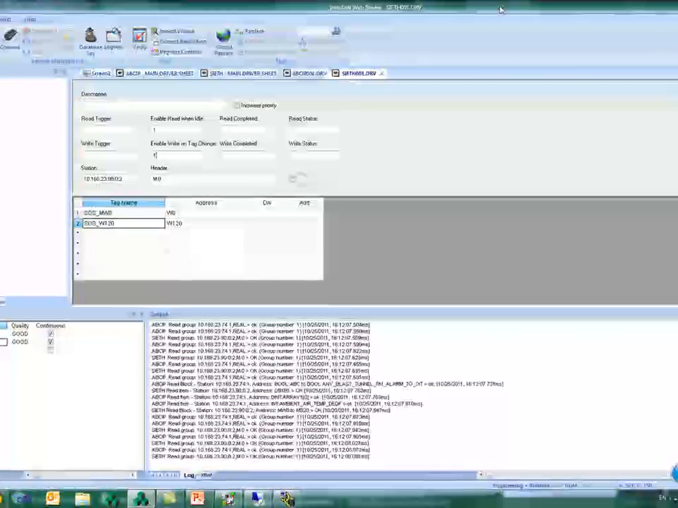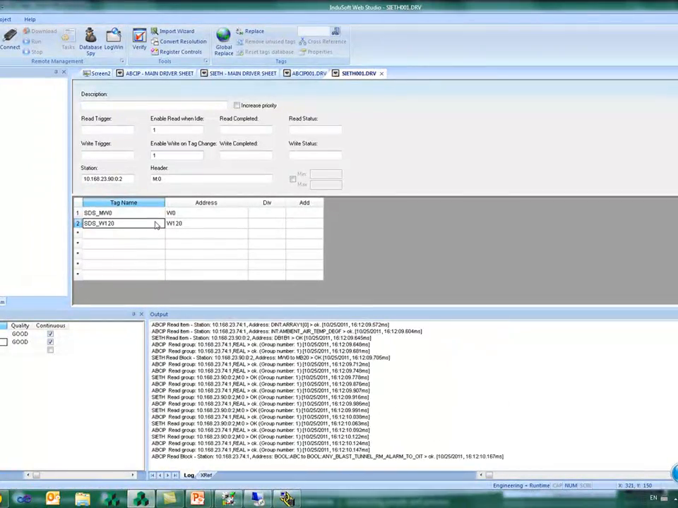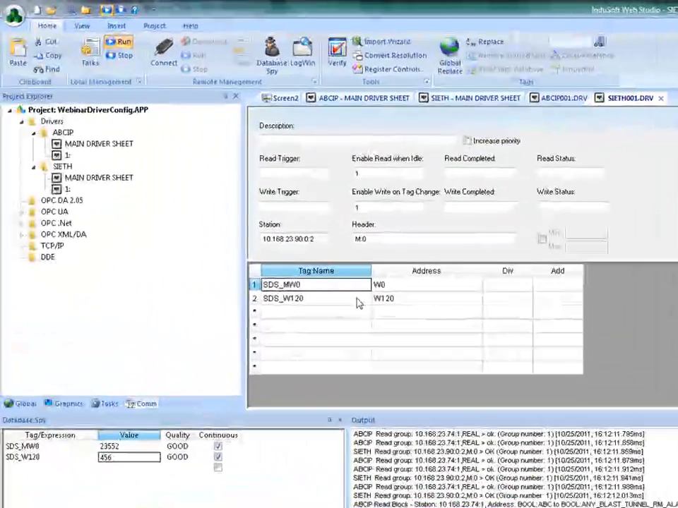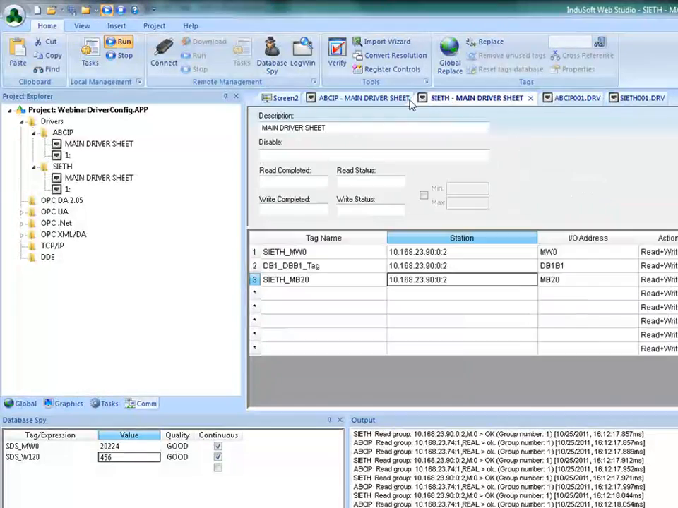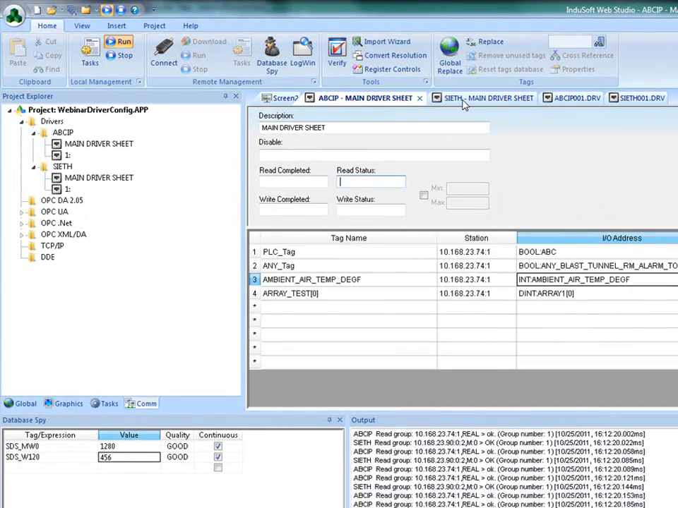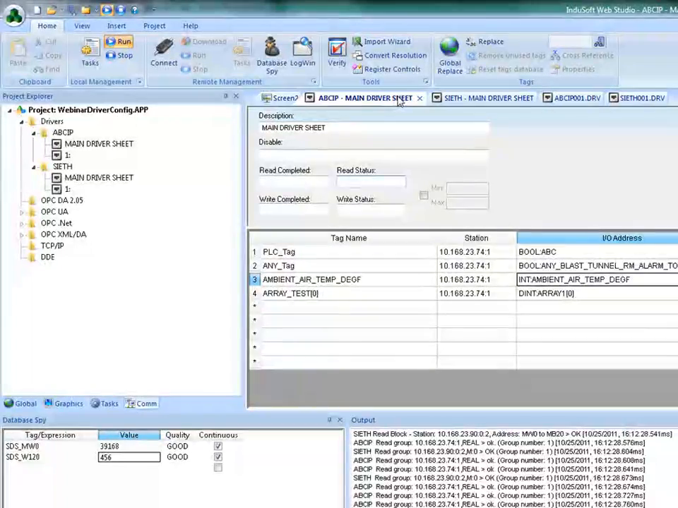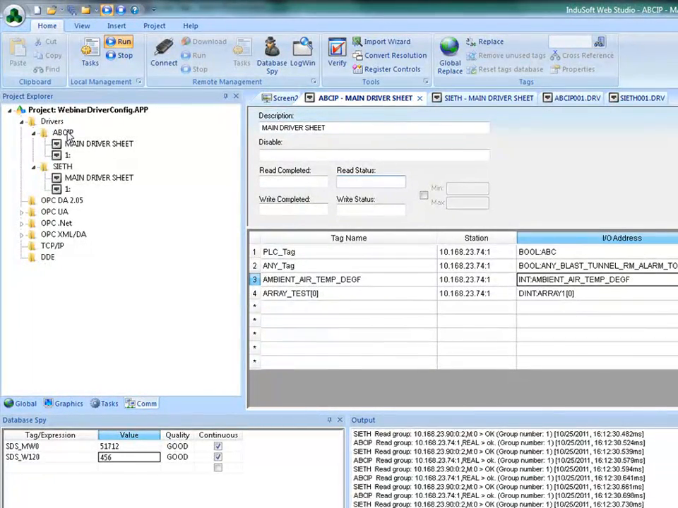Okay, so these are some of the differences to use the standard driver sheets, where you have full control of your communication, and the main driver sheet, where it's easier to configure, but you're pretty much locked in the 600 millisecond rate. All right, and I'm going to take that advantage here on the ABCIP driver, select settings, and then advanced,